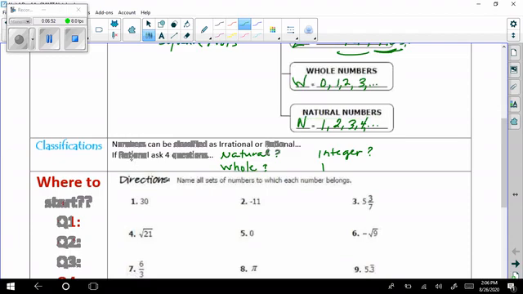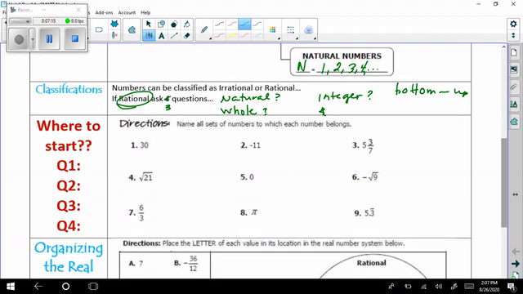So we're going to really start with, if it's rational, you're actually going to want to answer 3 questions. And so that's where we're going to end. So start at the bottom and work your way up. Bottoms up. All right, so we've already told ourselves we don't need that one. So where to start? Go with that natural number.